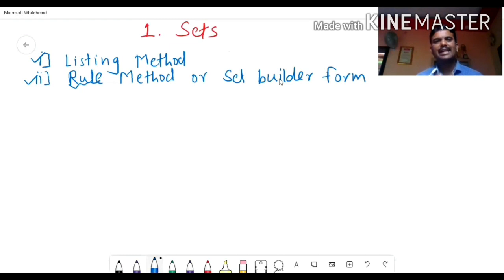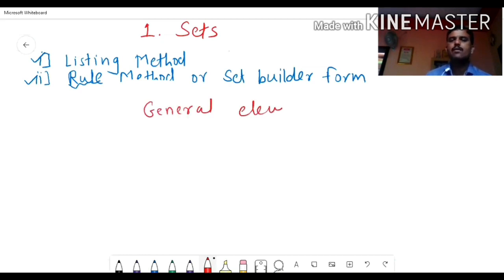In this method, we are not writing a list of elements, but we write the general element by using a variable